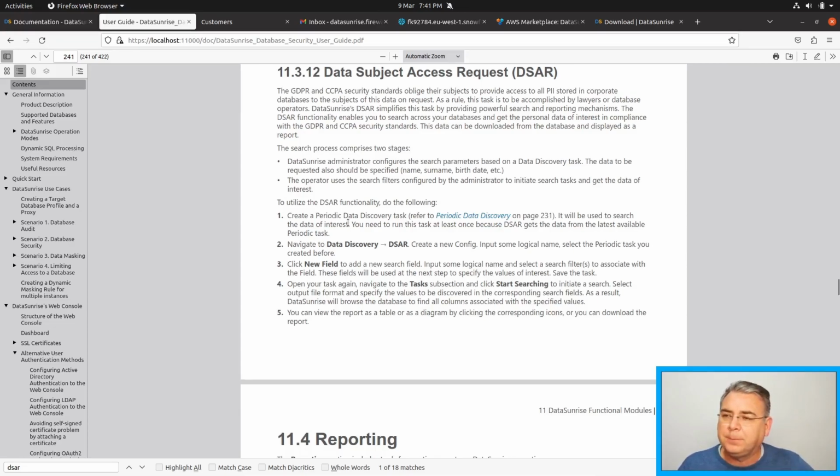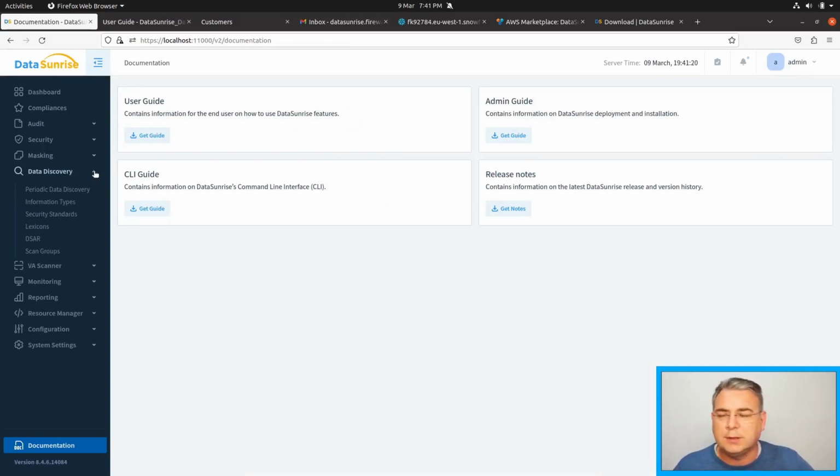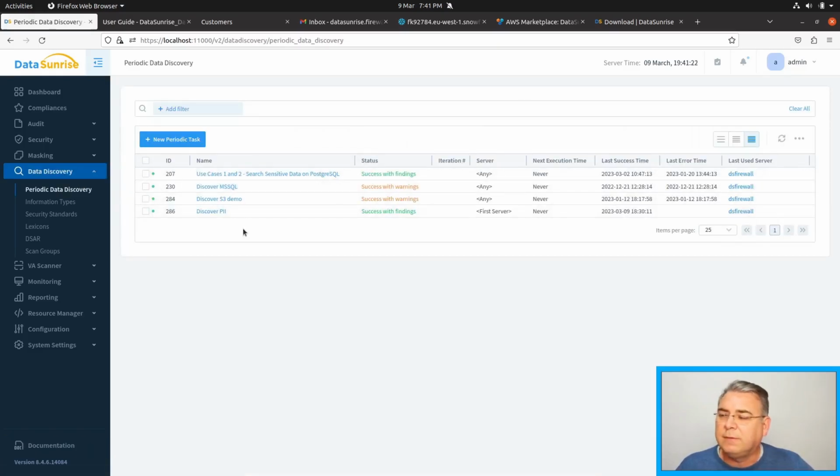Now, let's look at the data discovery side. This is step number 1 to configure the DSAR feature. Periodic data discovery is a set of periodic tasks. The number of such tasks is unlimited, but each DSAR item that we configure will be connected to a single periodic task for the search of sensitive data discovery. I've already created such a periodic task,